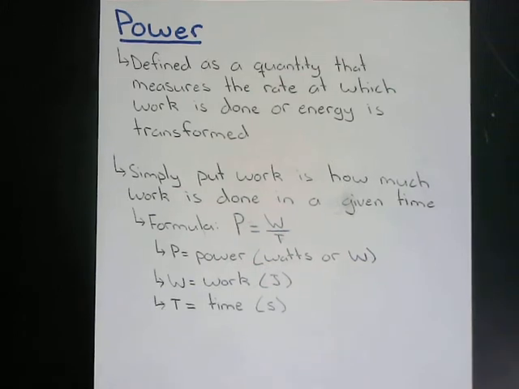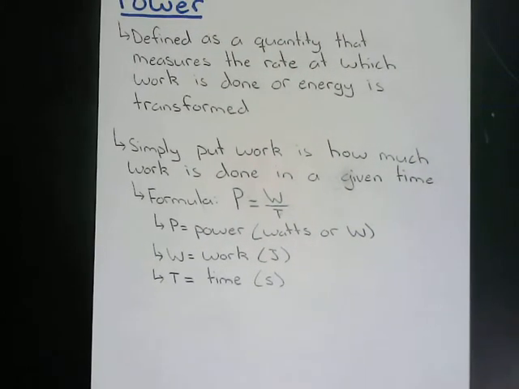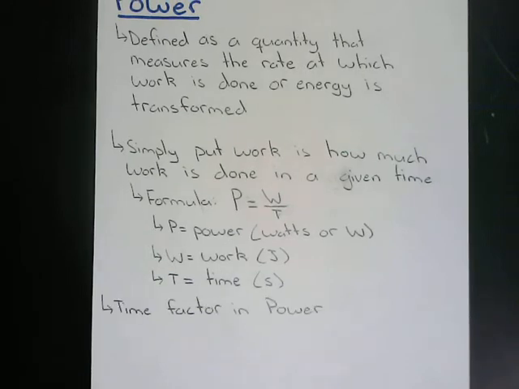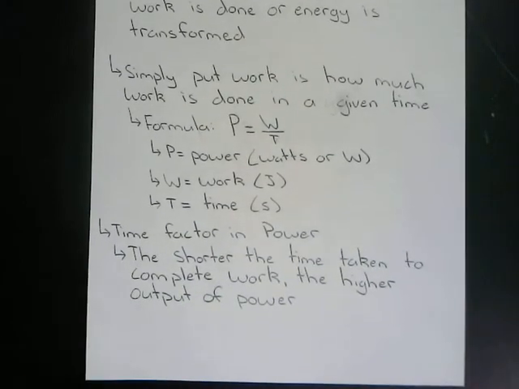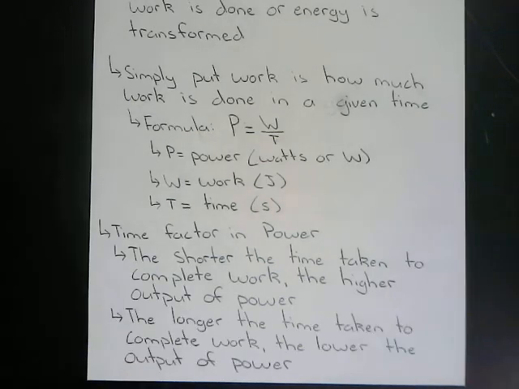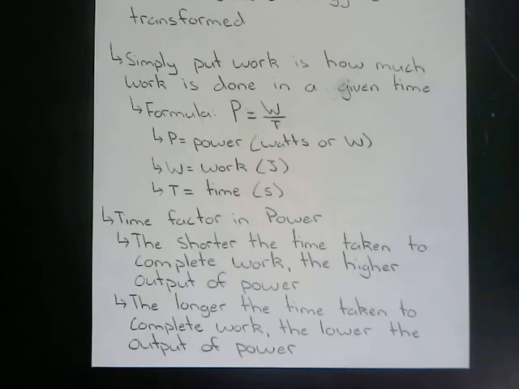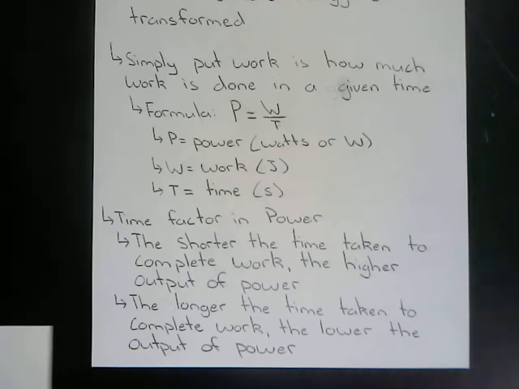Now, what we have to consider in the power formula is the time factor. So the shorter the time taken to complete work, the higher the output of power. And on the flip side here, the longer the time taken to complete work, the lower the output of power. All right, so again, the time factor does affect this particular calculation. So now let's go ahead, let's talk about the units of power. We have it listed here as watts, but we can go into a little bit more detail about these units